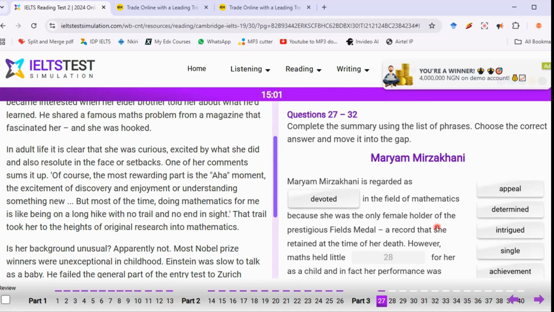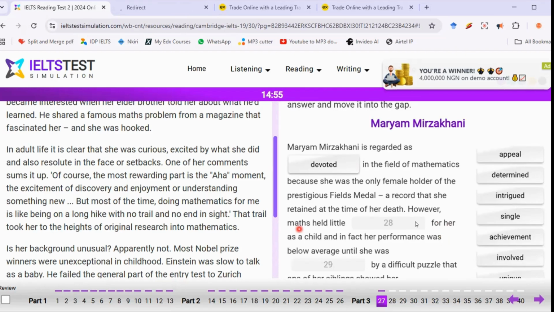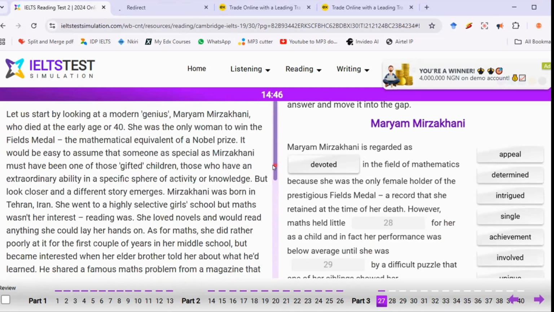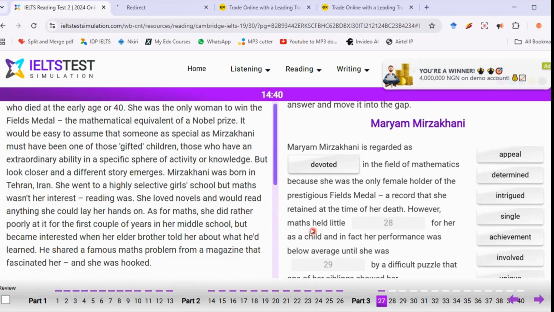Okay, let's check the questions. Number 28 says, however, maths held little dash for her as a child, and in fact, her performance was below average until she was dashed by a puzzle. This is going to be in paragraph A. However, maths held little dash for her as a child. Okay, look at it here. As for maths, she did rather poorly at it. Held little